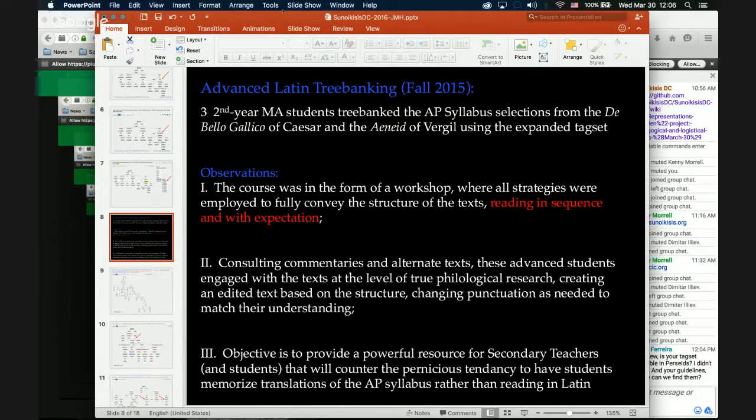It's all right there. And then you can, of course, use it to continually reinforce the crucial skills, like, for instance, in point 1, reading in sequence and also with expectation. Right? So again, the objective really here is both individually, obviously, to train these students to become extremely facile in their control of morphosyntax and Latin usage, but also to make a resource that can really unify the discipline and